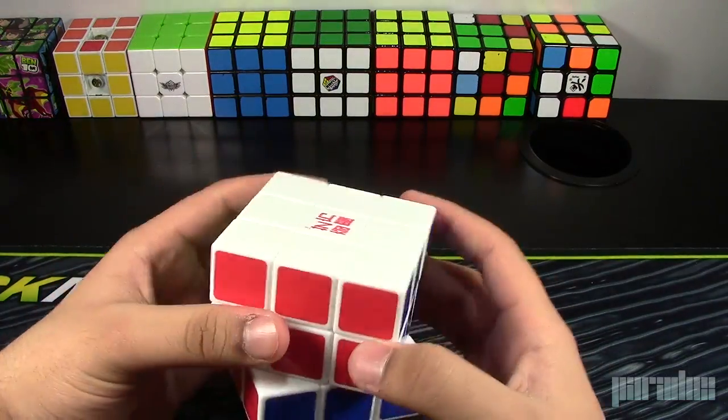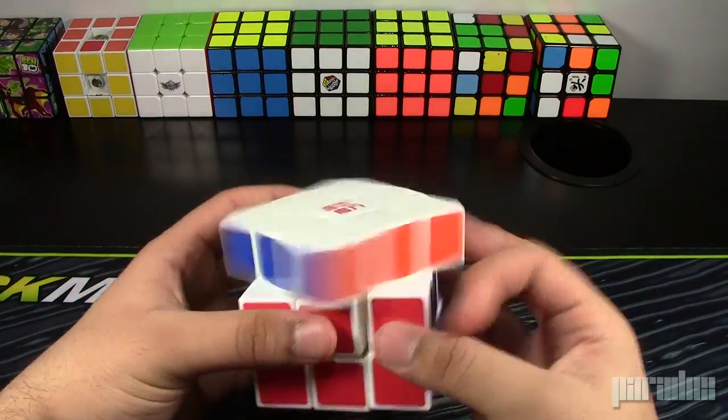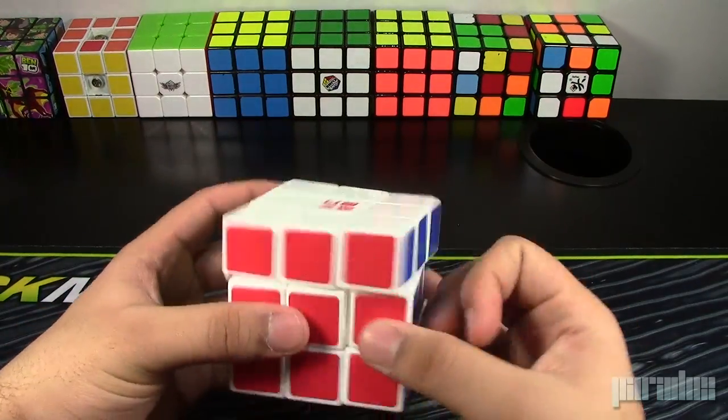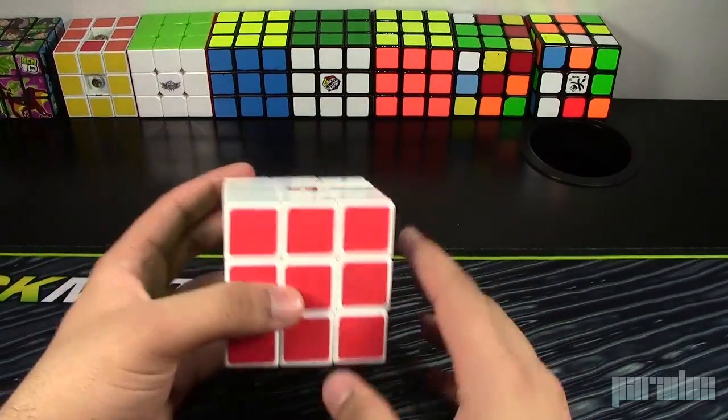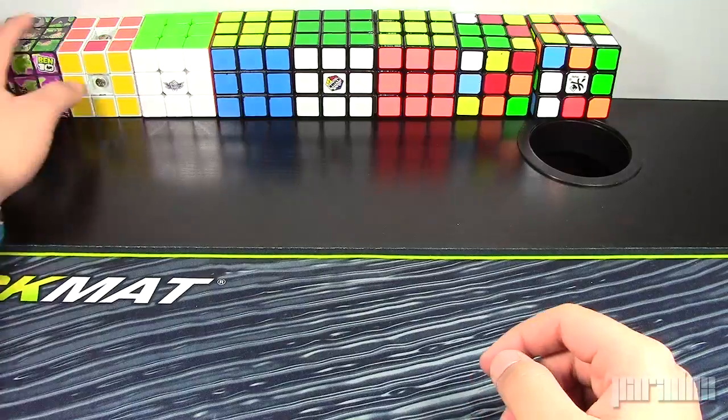And here we have this cube. I don't know what this cube is called. I got it from my uncle. He went on a trip once, and he got it from some airport or something. I don't know. But yeah, it's a big cube. It's bigger than a regular cube. Like, here's a regular sized cube, and